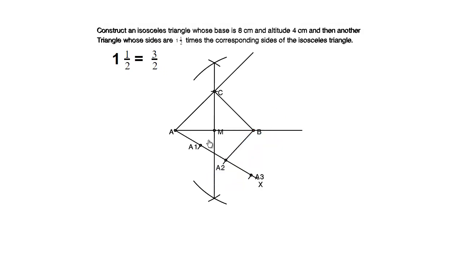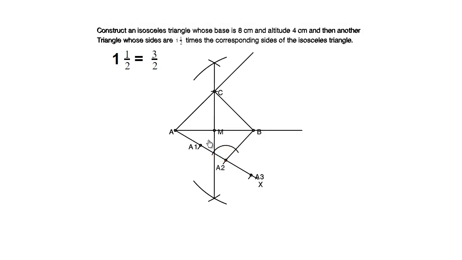Now we need to draw a line parallel to the line A2B. We have already discussed the procedure to draw a parallel line in the second video of this chapter. If you have not visited that, please do visit and learn the 3 methods, so that you can use whichever method is easy for you. I am using the arc method here. Let us draw an arc by taking some measurement. You can draw an arc by keeping your compass at point A2.